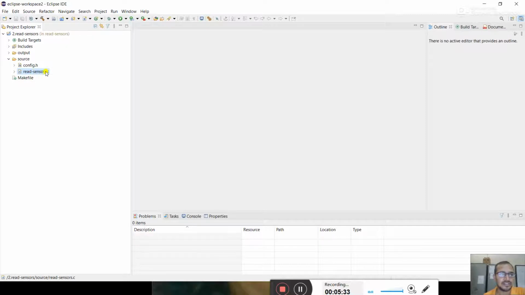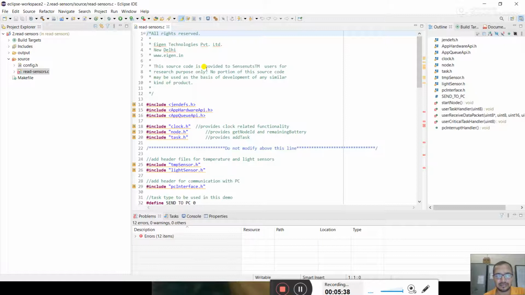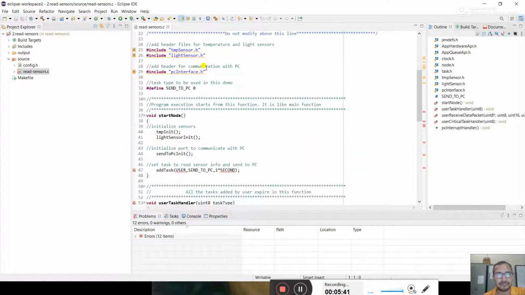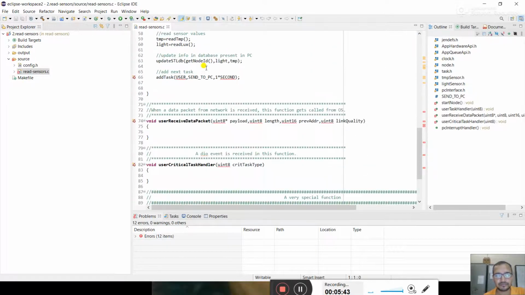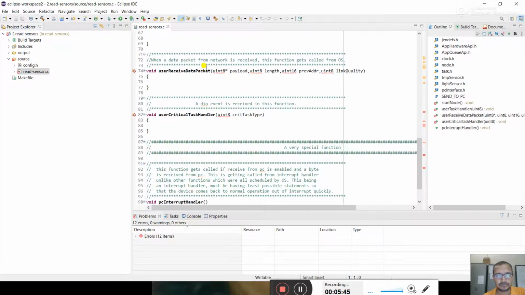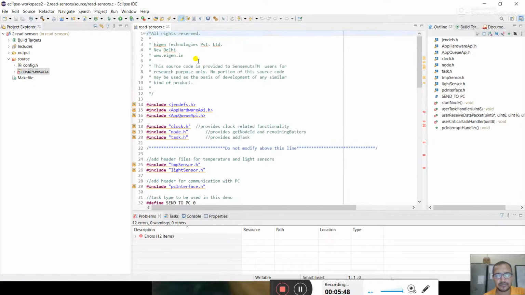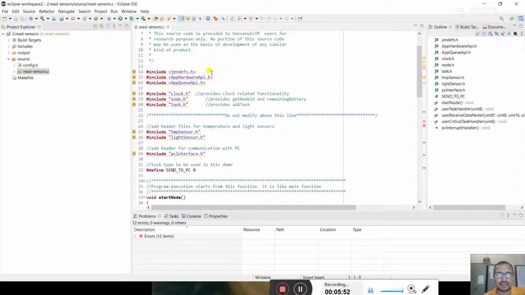This is readsensors.c, and in this code you can find some header files as in a C program: app_hardware_api.h, appq_api.h, zendeps.h, clock.h, node_id.h, task.h.